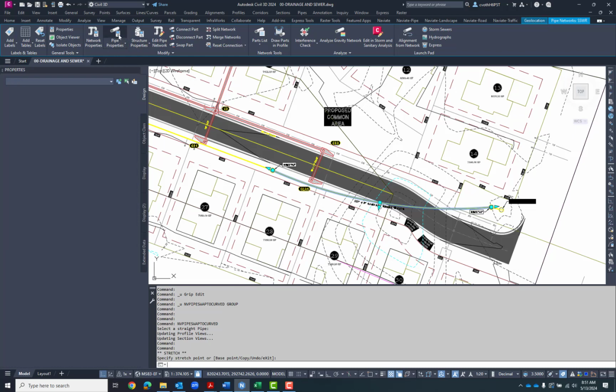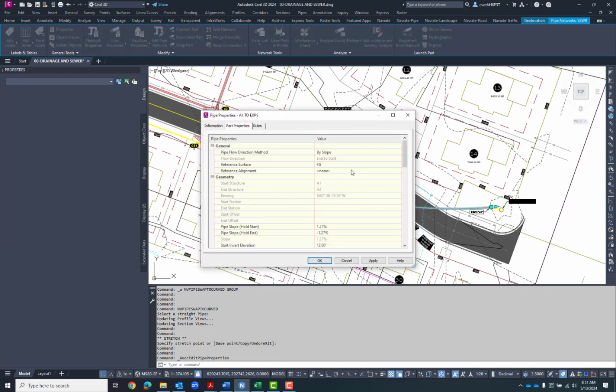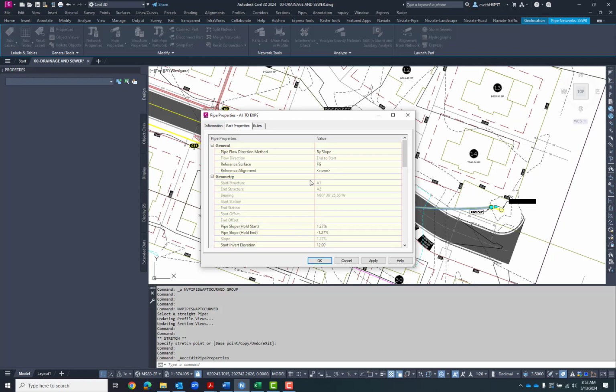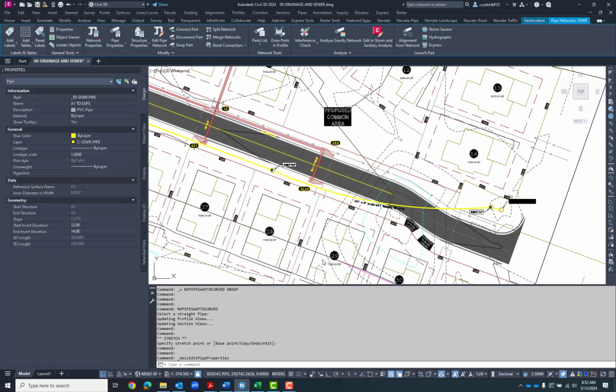If we look in our pipe properties dialog box, you can see that it will maintain all of the start and end structures, connections, and pipe rules that are associated with that gravity pipe system. If we had any type of hydraulic grade lines associated with this system, they would also be maintained. And they also model in storm sewers and